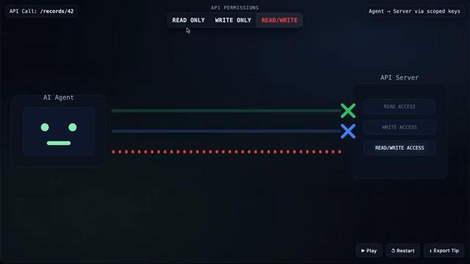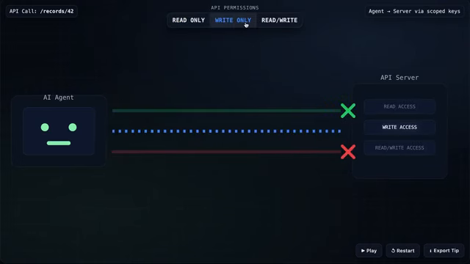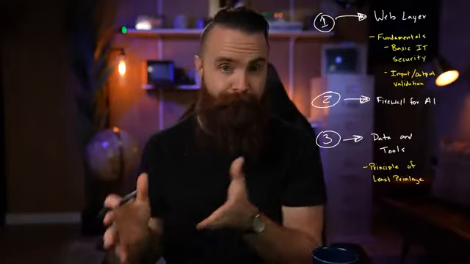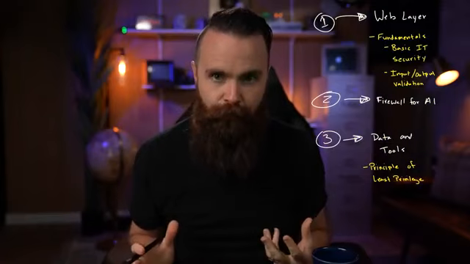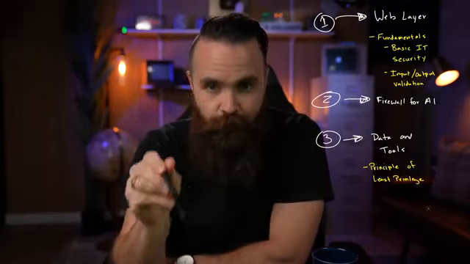And third, at the data and tools layer, the principle of least privilege comes in to save the day. Like I said, with the APIs that your agents are going to call, you have to scope each one of those API keys to just the information that they need. Scoping your keys to read only if they only need to read, or to write only if they only need to write. So the blueprint is clear. Secure your web layer. Filter your inputs and outputs with a firewall for AI, the firewall for your model. And lock down your APIs. Only give it permission to use what it needs to use and no more.